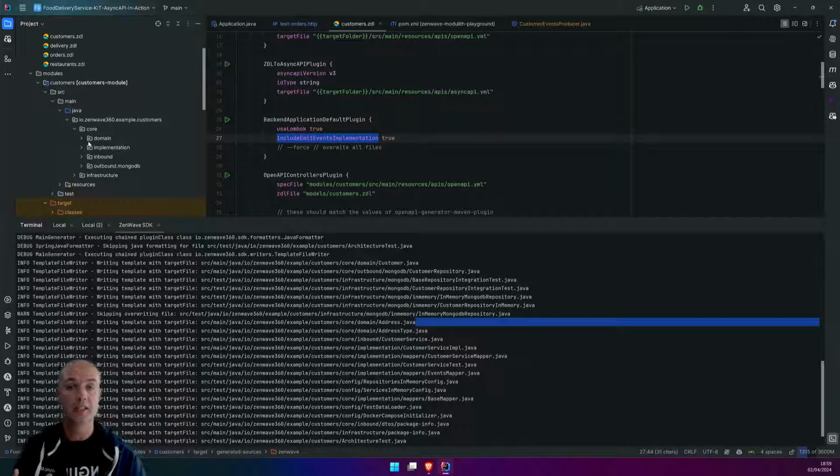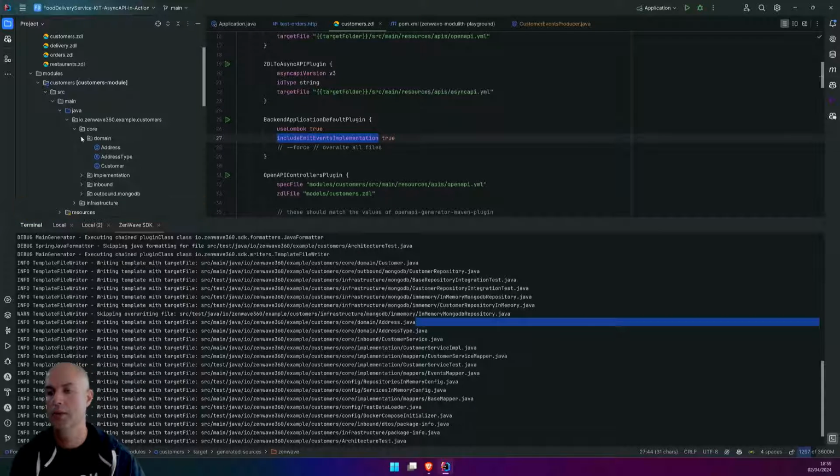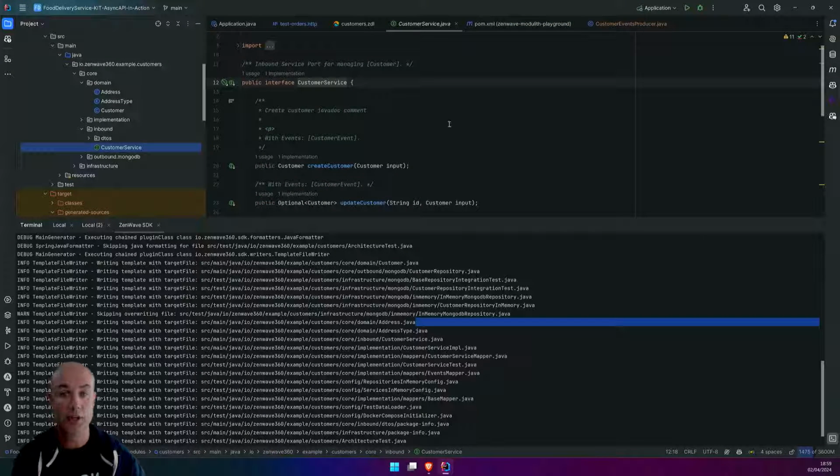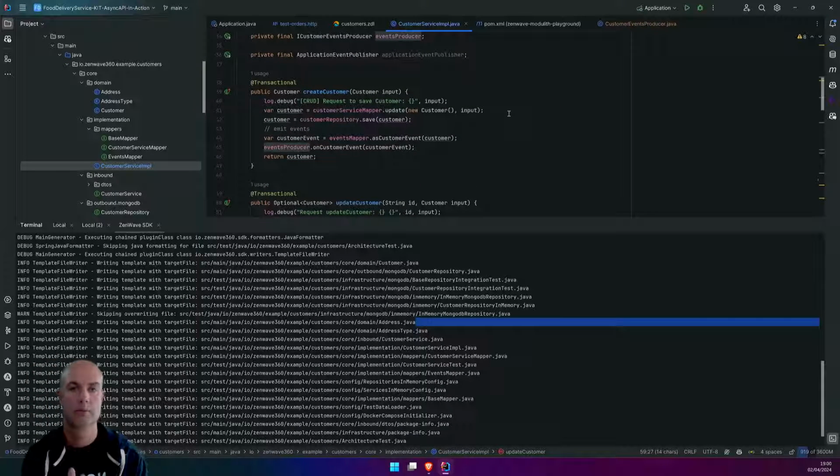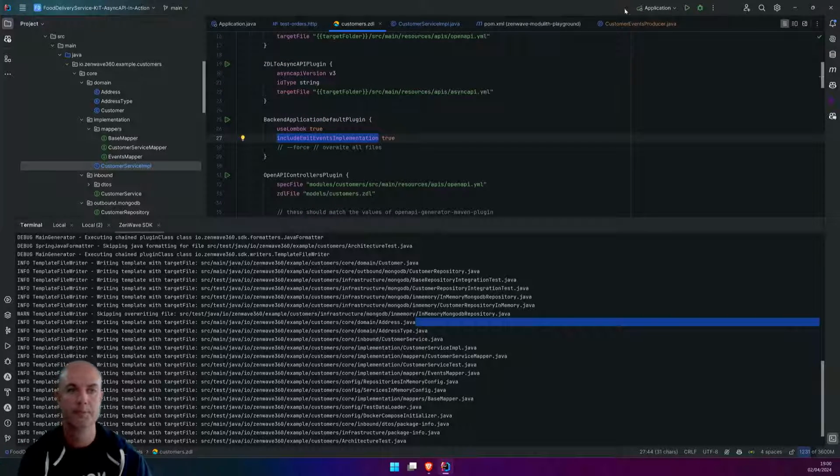Okay, so this is the inside of a clean architecture or a hexagonal architecture. It comes with domain entities, inbound interfaces for our service, outbound repositories. It comes with an implementation with some mappers, and now I'm going to show you one of these implementations, because this code is very, very straightforward. We are not reinventing any wheel. We are just applying the domain knowledge that you represented here in this blueprint.